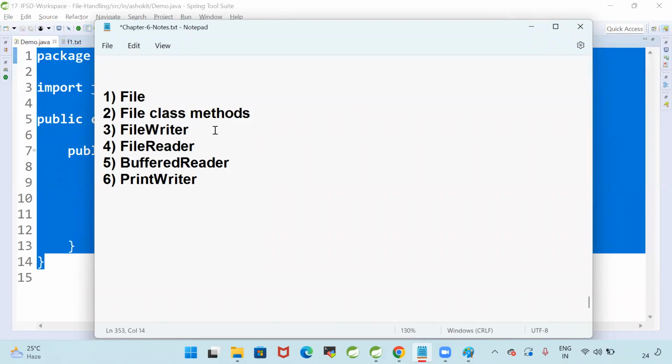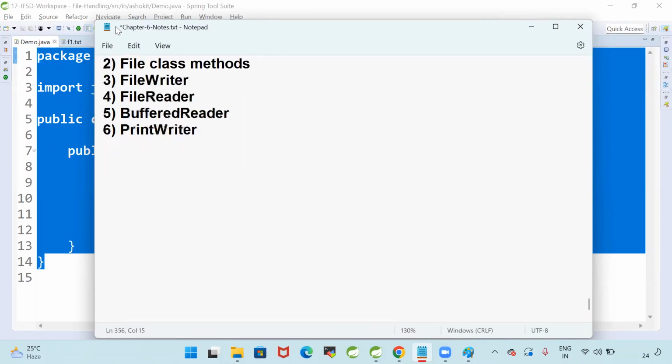FileReader reads the data from the file character by character. What is a BufferedReader? It is also used to read the data from the file, line by line. Similarly, PrintWriter writes data to the file, and we can write the data to the console also. Good. Next one,